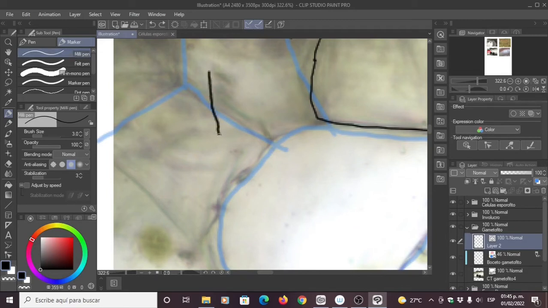For example, this is brush size 3, and this is a very light pressure, and this is full pressure, and as you can see, it doesn't make much of a difference. But with the mouse,